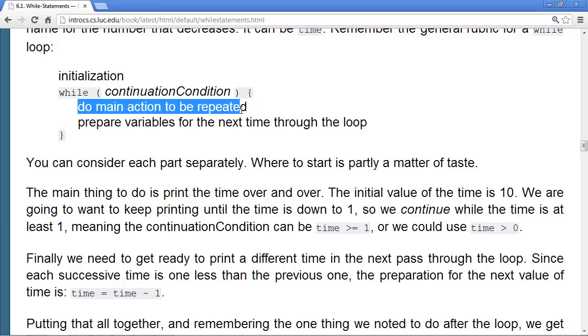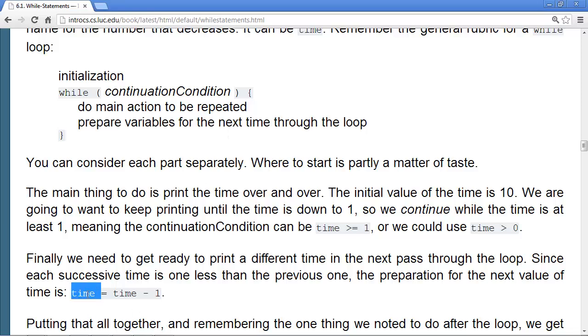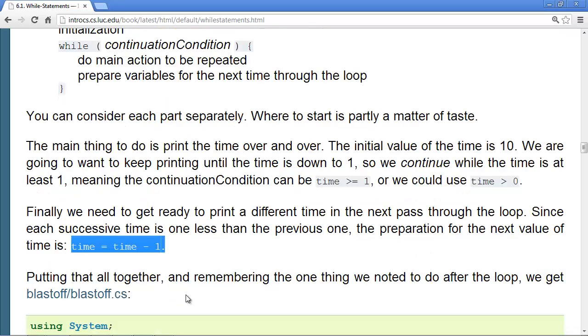And all we're doing is printing out the number. That's easy. And the preparation here is very much like with our t. The next time through, the number is just decreased, only now our variable name is time. So the last line in the body is to decrease time by 1.